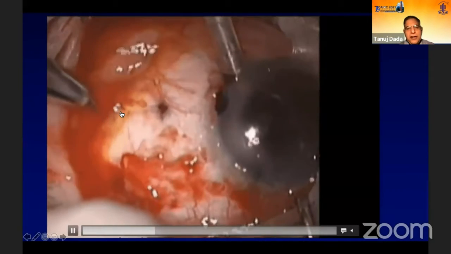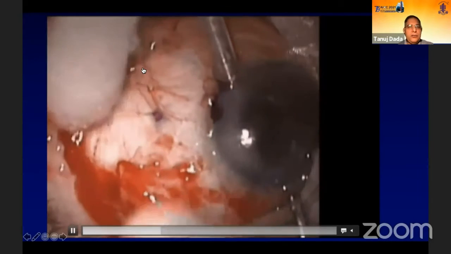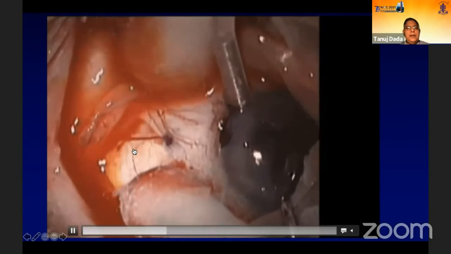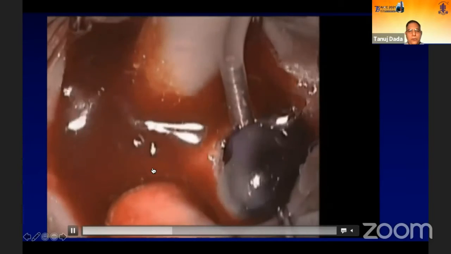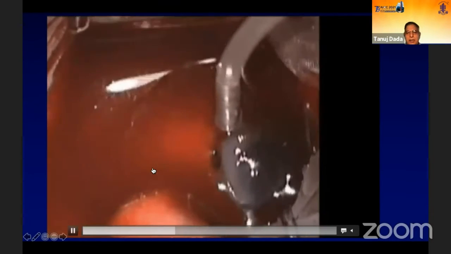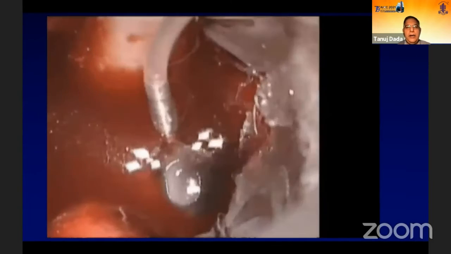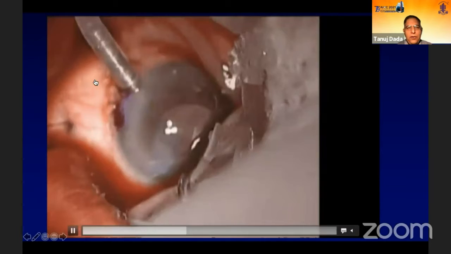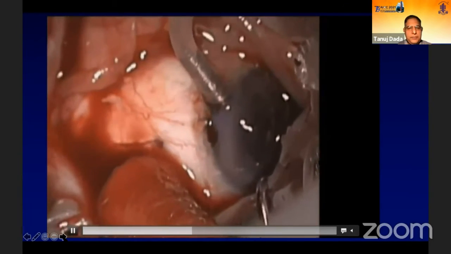Now you see the fluid is draining, and you have to press on both sides. Of course, you have localized on the ultrasound, and when you press on both sides, you will see a massive outpouring of the hemorrhage. So this is a sight-saving procedure. The expulsive hemorrhage occurring due to hypotony after glaucoma filtering surgery, and the sclerotomy to decompress the eye and remove the expulsive hemorrhage.